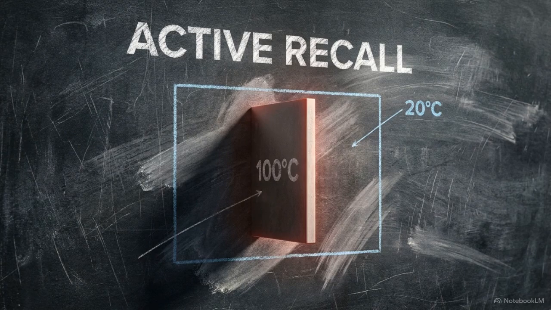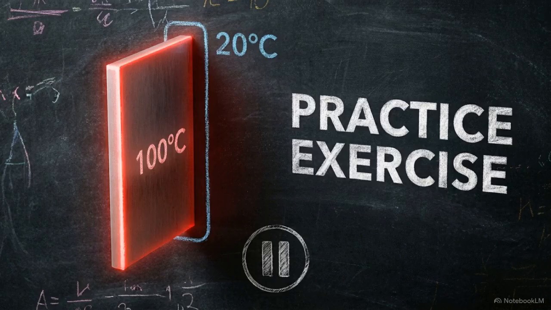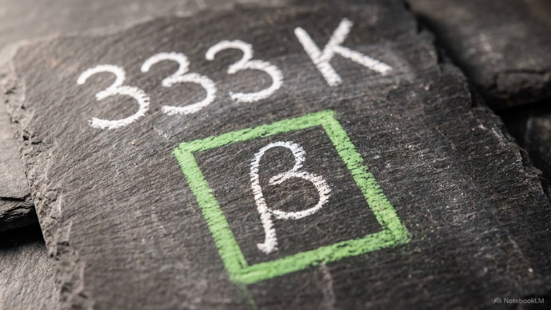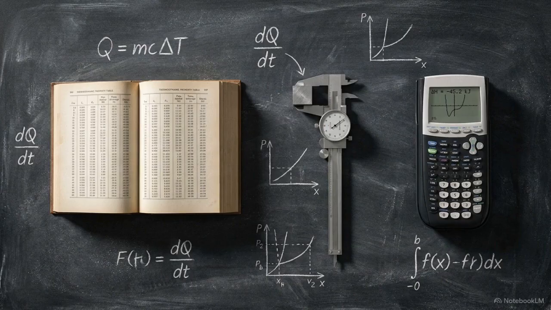We have a vertical plate at 100 degrees Celsius in a 20-degree room. Pause the video and calculate the film temperature in Celsius, then find beta for the air. First, we find the average between 100 and 20, which gives a film temperature of 60 degrees Celsius. Then we add 273 to convert to Kelvin, giving us 333 Kelvin. So beta is simply 1/333. Getting those initial property evaluations right and pairing them with the correct shape geometry guarantees your accuracy